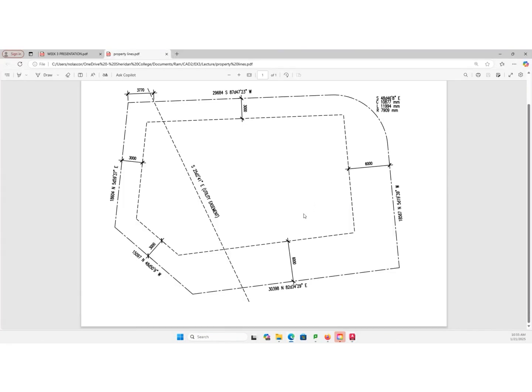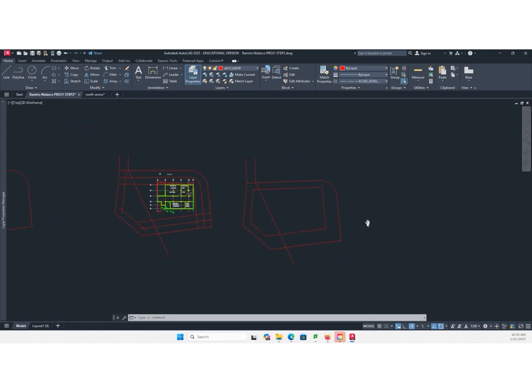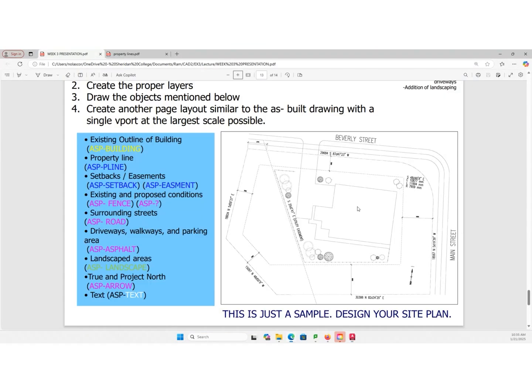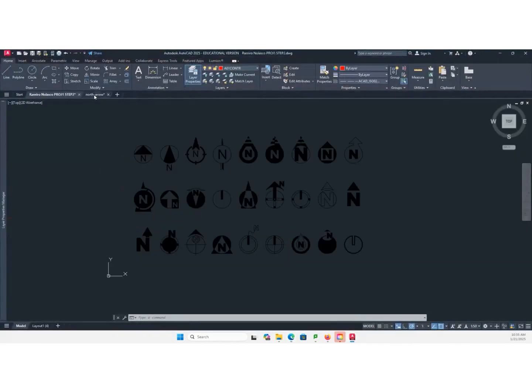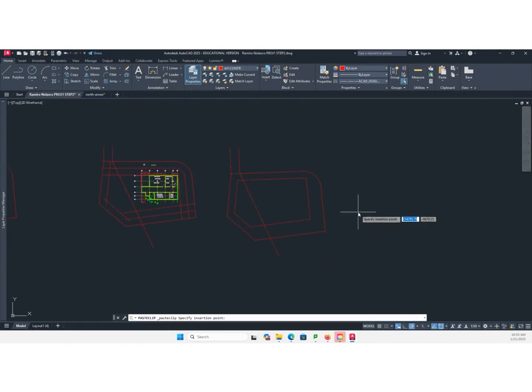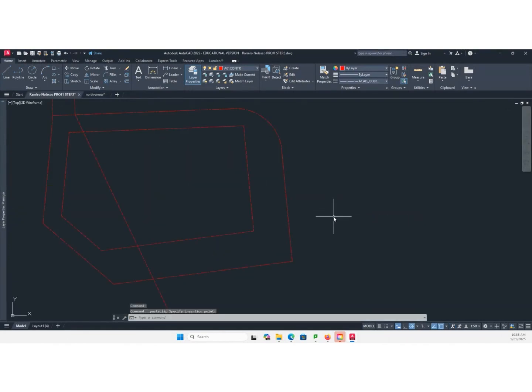So now we want to align your building to this property line. So we do the same thing. You go to your north arrow, select a north. Control C. Go back and paste your north arrow. Now, this one is imperial, I think. That's why it's really small.